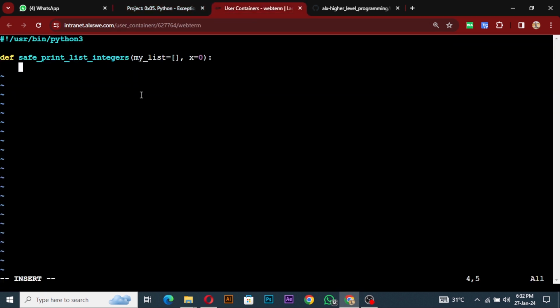Alright, so what we do is we say num equals 0, and then we say for items in range, and then we'll put x here. We can put 0 to x anyway, and that's it. Then we'll now try. So this one will iterate through whatever we have and then try to print them. So to print,